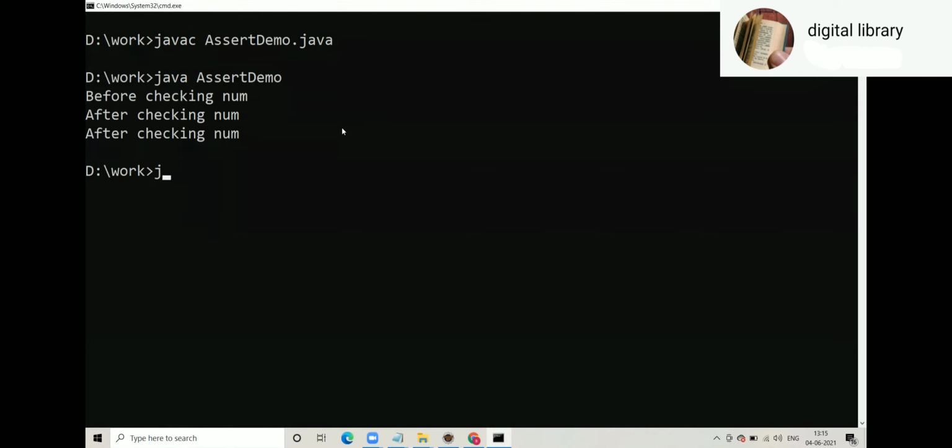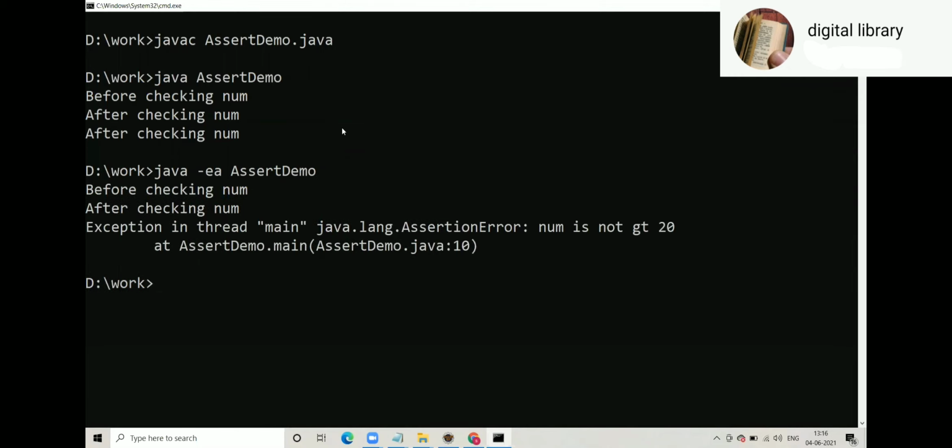How do we enable assertion? java -ea assert demo. Now -ea, e for enable, a for assertion. So -enable assertion, ea assert demo. Now when you say ea, look at that.